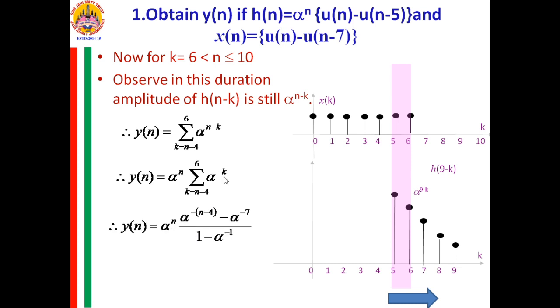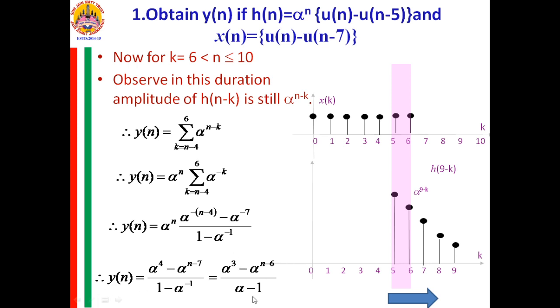So this closed form of expression is alpha raised to minus n minus 4 minus alpha raised to minus 7 upon 1 minus alpha inverse. Now multiplying inside the numerator with alpha raised to n, you will get alpha raised to 4 minus alpha raised to n minus 1 upon 1 minus alpha inverse. I am multiplying both numerator and denominator with alpha, you will get alpha raised to 3 minus alpha raised to n minus 6 upon alpha